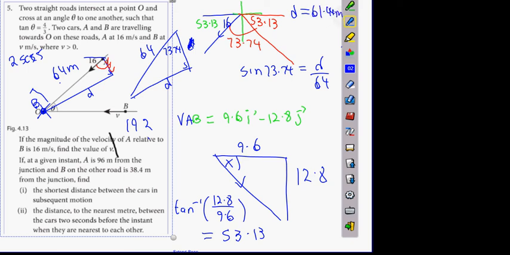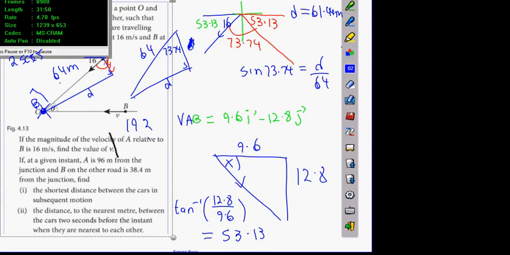61.44 meters, okay? Now, it says the distance to the nearest meter between the cars 2 seconds before that instant when they're nearest to each other. We already found that out, didn't we? 2 seconds before this, B was at the junction and A was up here, and they were 64 meters apart, okay? So that's that one done. Guys, for your homework,